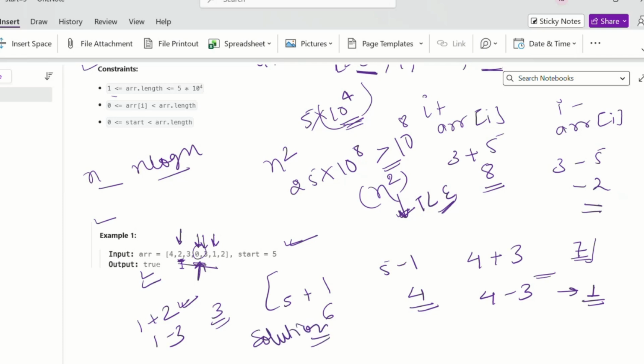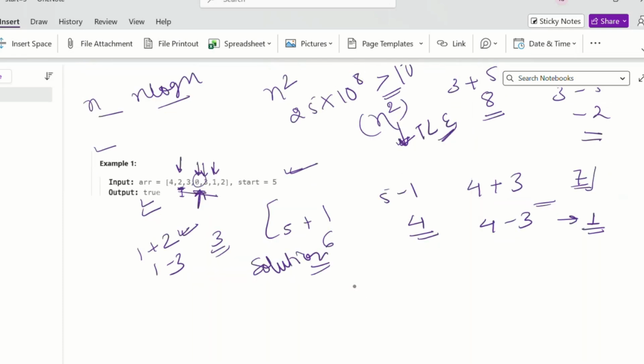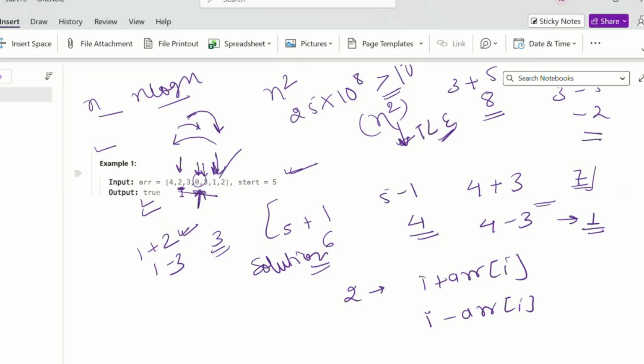If you see, we are traveling to all the indexes and we have two options for every index. Either we can move i plus arr[i] or we can move i minus arr[i]. And suppose we are at this index, fifth index, and after moving to some other indexes, two or three other indexes, we are reaching again to this fifth index.